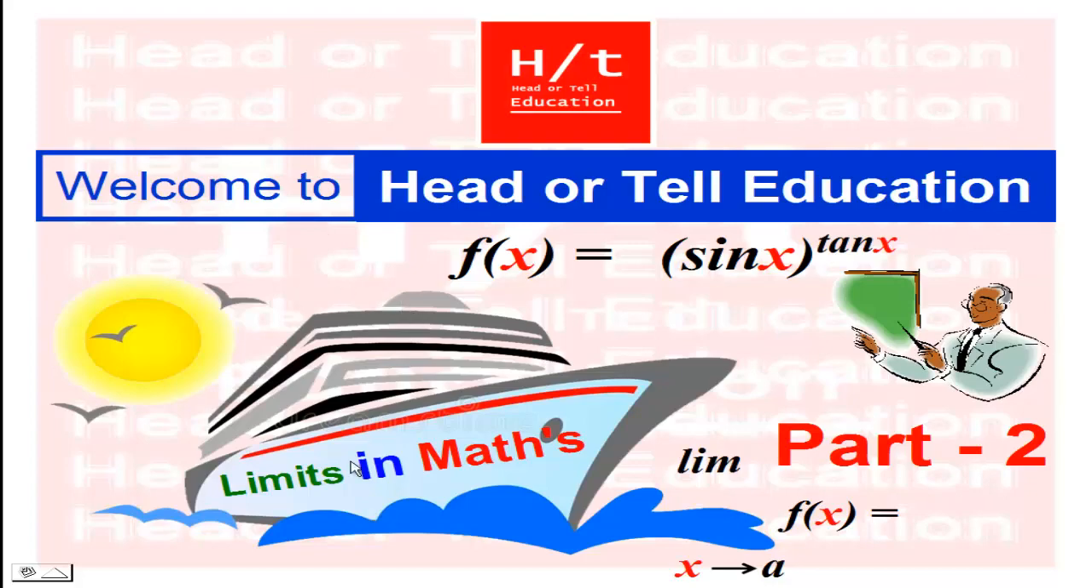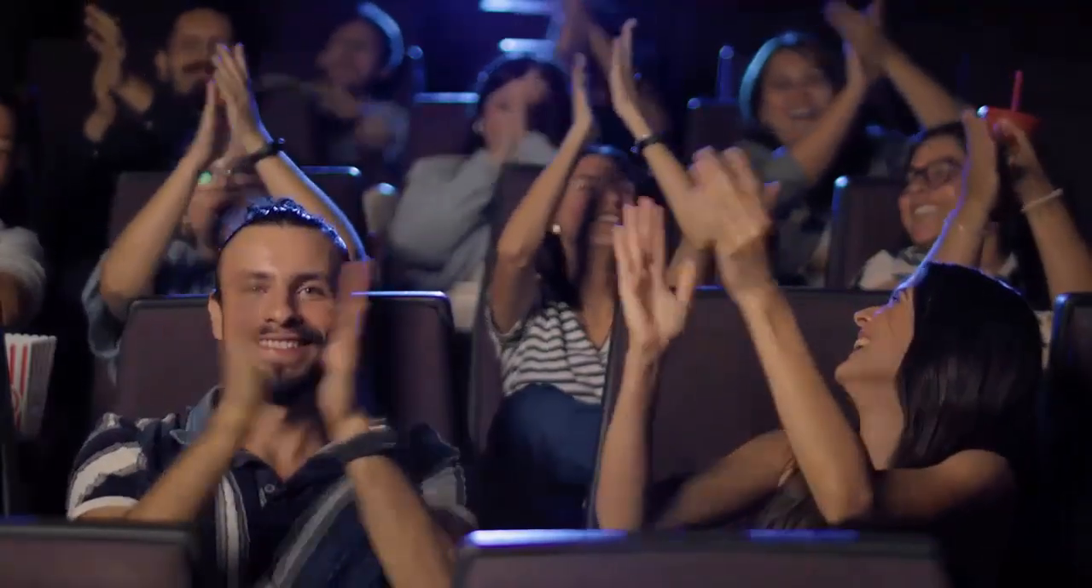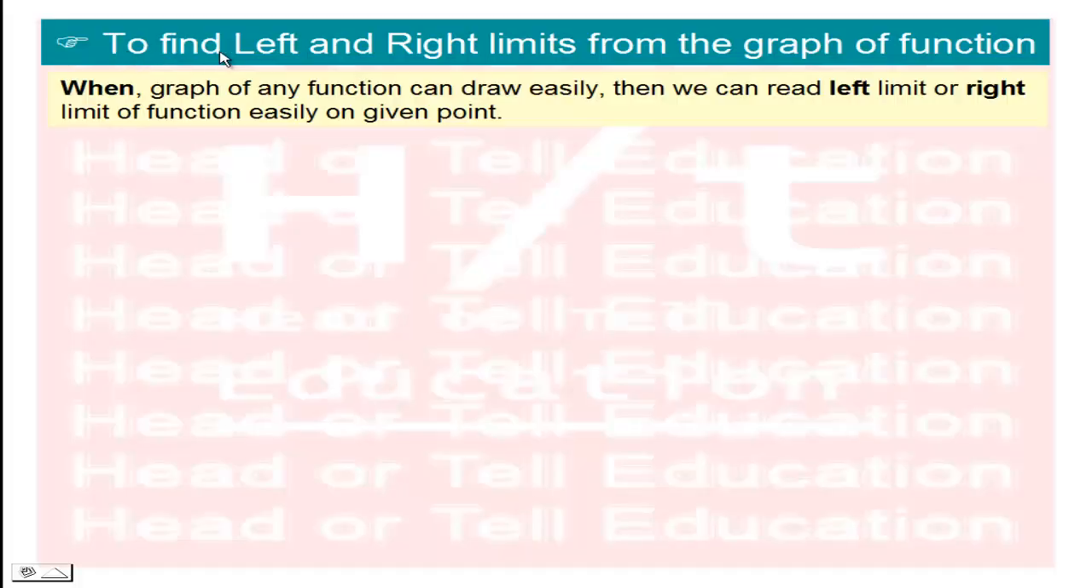Today we learn the limit in maths part 2. So, to find left and right limits from the graph of a function: when the graph of any function can be drawn easily, then we can read the left limit or right limit of the function easily at a given point. Okay,